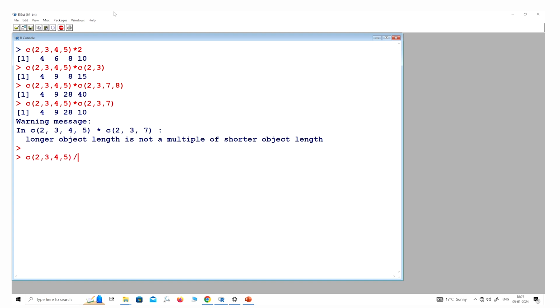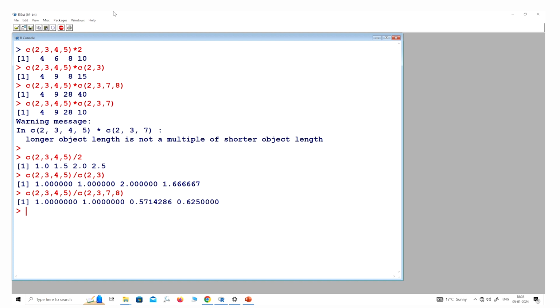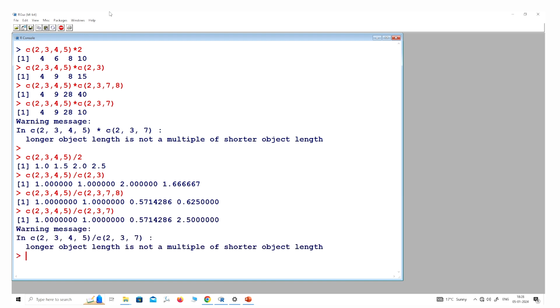If I take the first data vector and the second as, say, 2, then the 2 is going to divide each and every element in this one. And if I take the second data vector, which is an exact multiple of the length of the first data vector, then the element-wise division will happen like this. And if I take data vectors of equal length, then it will be like this. And if I remove one element so that the lengths are not exact multiples in the 2 data vectors, then you will get the warning message also, right?